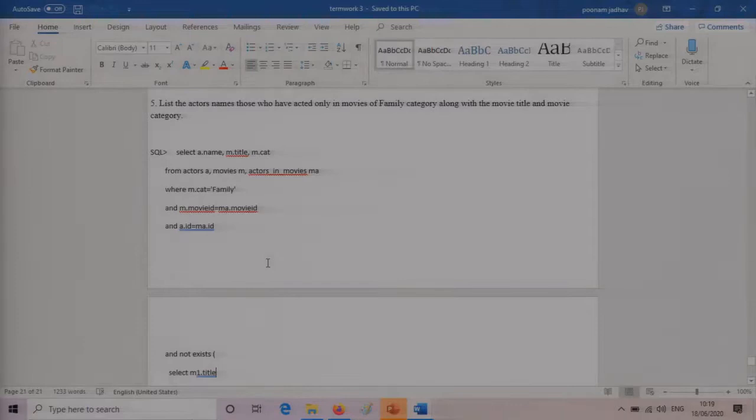When you look at this, what we are expected to extract from the various tables is the actor name. So the actor name has to be chosen, and the actor names are definitely in the actors table. Then we have to choose the family category, which is definitely in the movies table. Then we also have to extract the movie title, which is also in the movie table. So it looks very obvious that the two tables involved are going to be the movie table and the actor table.